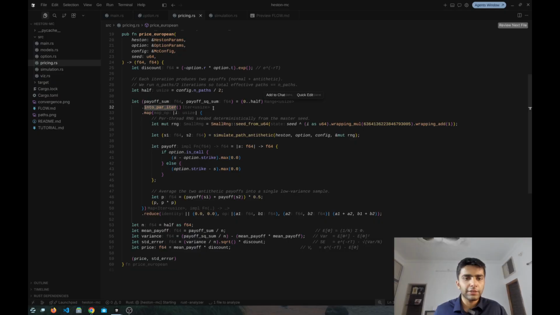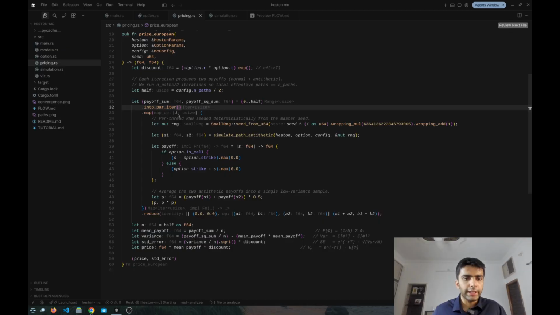Basically this function is from the Rayon library, which will run the loop in multiple threads, and each thread can utilize different cores of the CPU, so that will make the simulation much faster. And we can do that because in Monte Carlo simulation, each path is independent, right? No two paths are dependent on each other, so we can easily use